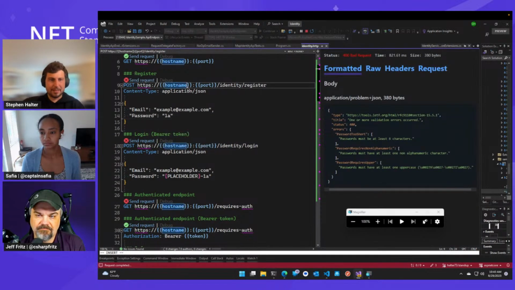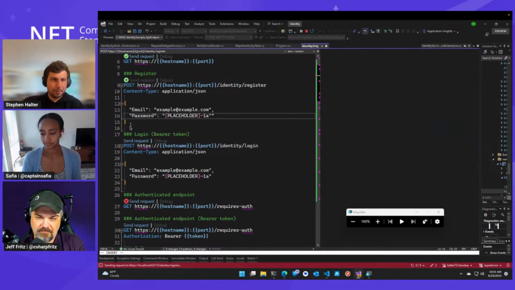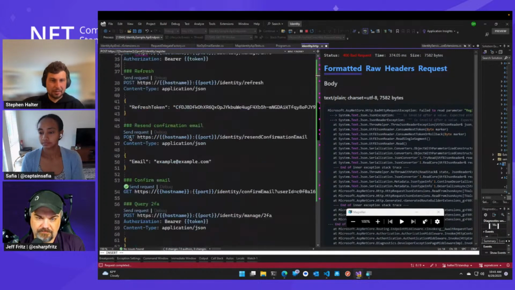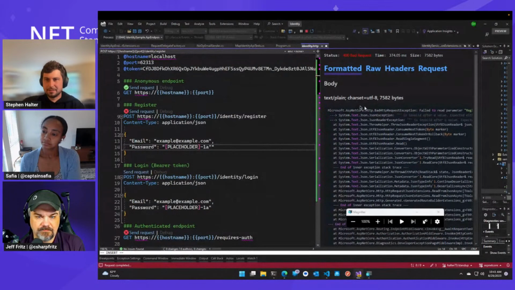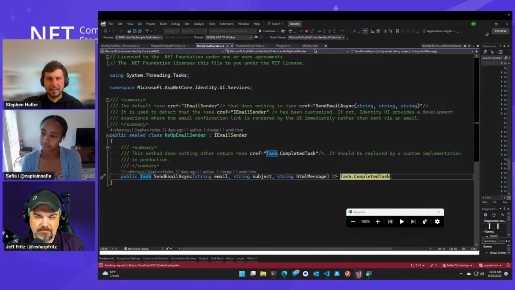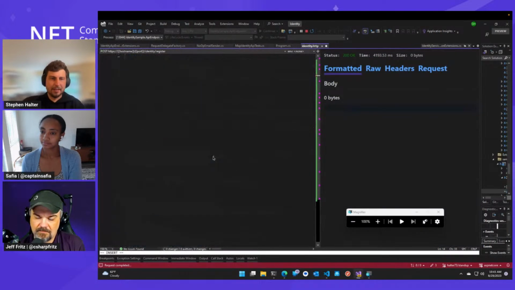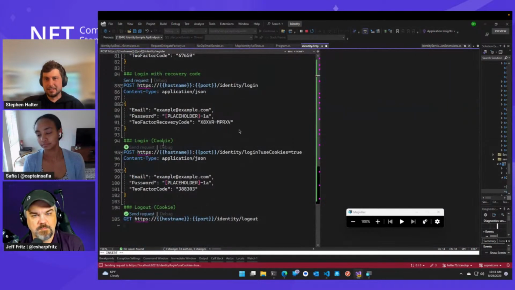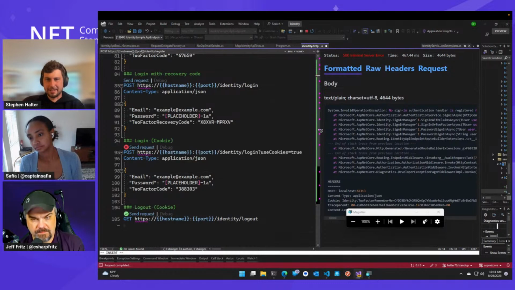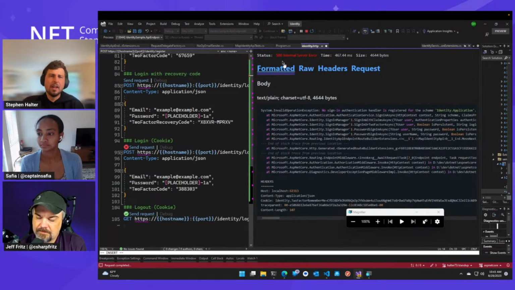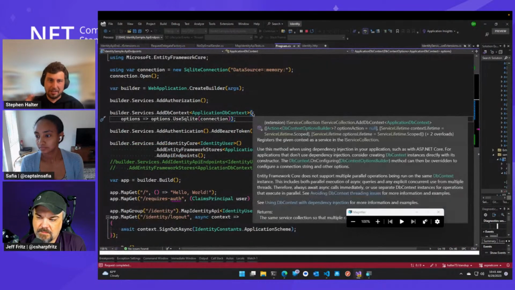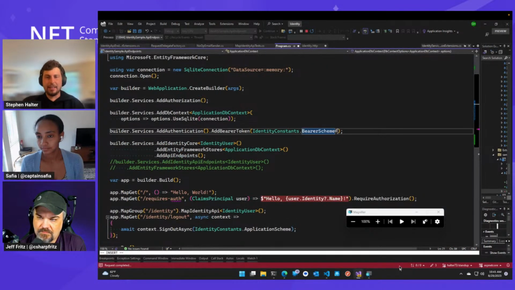It's going to complain because I did the weird thing with the password. I did not mean to do that. All right, boom. And then if I try to log in with the cookie like I did earlier, oh wait. No, it's because I put an extra quote. Yeah, all right, I should remove that breakpoint. And then you'll get a hopefully helpful error from the cookie login, which is like there's no relevant authentication handler. Okay.